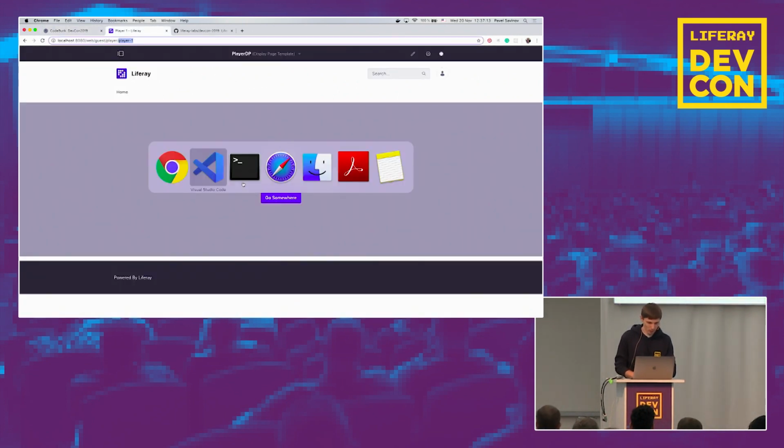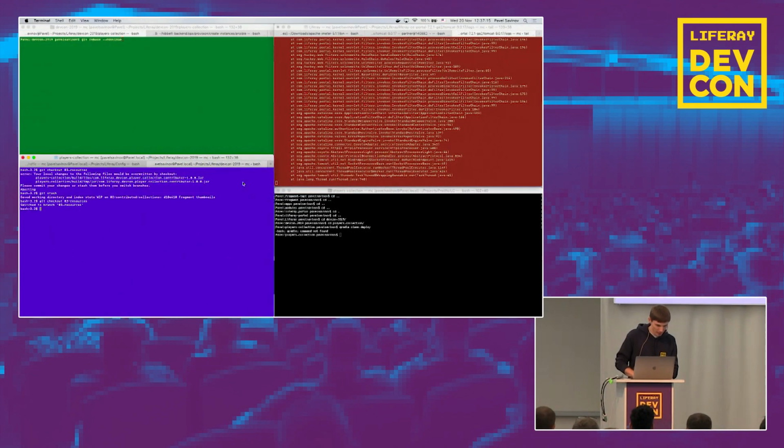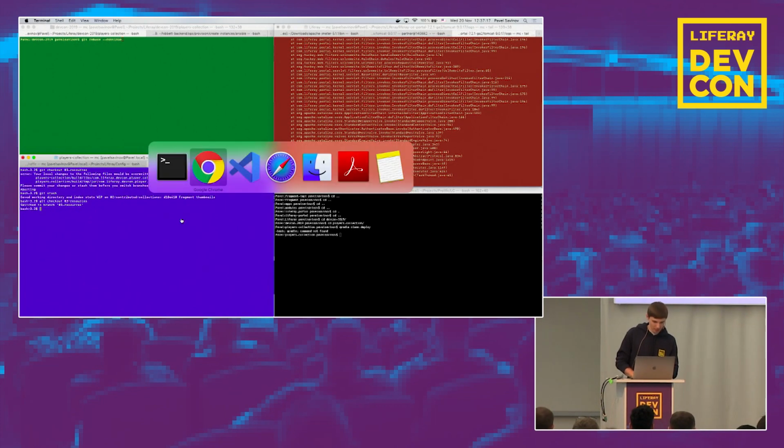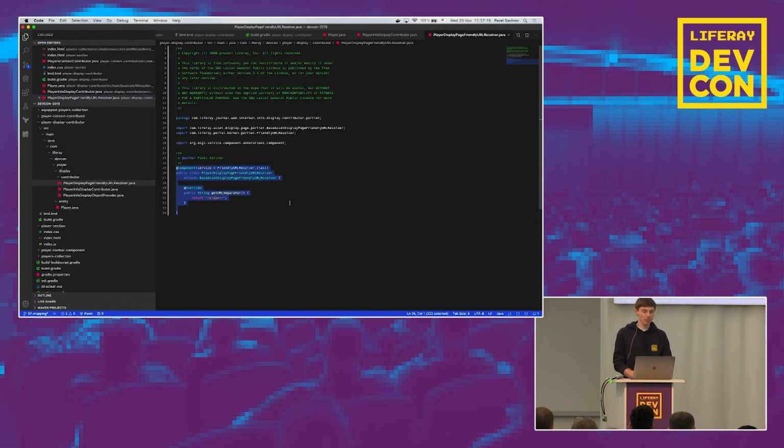Okay, what I want to show next. I want to show some basics of the info framework. I don't know if you saw it already in the Liferay documentation, but on liferay.dev there are some articles about the info framework, and actually this info display contributor is a part of the info framework. And the reason we started to develop the info framework was that